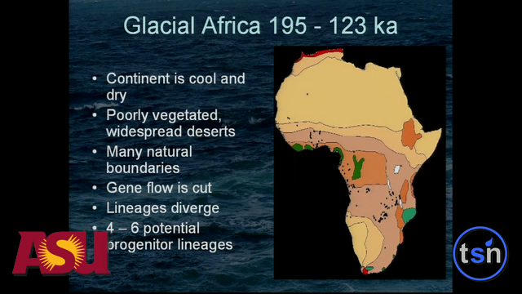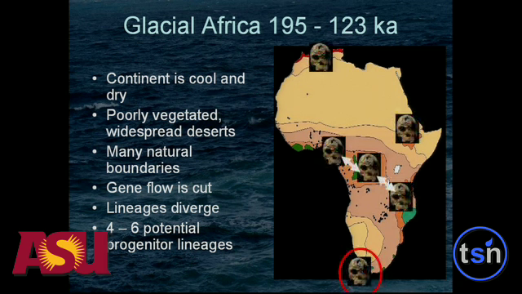This progenitor population existed during the long, cold MIS 6 glacial that I just talked about. The African continent is cool and dry, poorly vegetated with widespread deserts. There would have been many natural boundaries to movement and gene flow at this time. Gene flow gets cut and the lineages diverge, and I suggest that we have 4 to 6 potential progenitor locations. I think the origin population is probably on the coast of South Africa, and that's not only because that's where